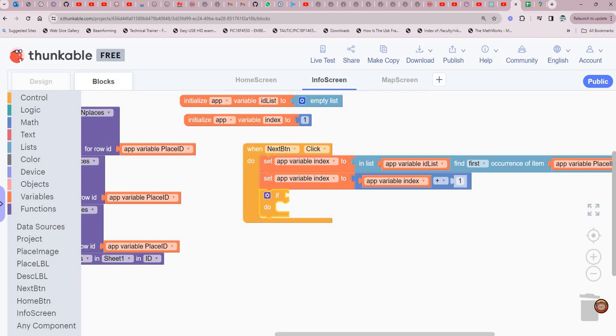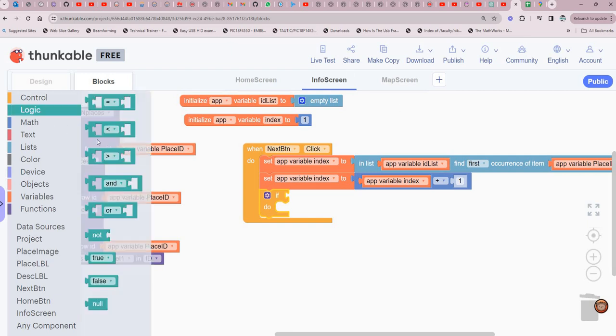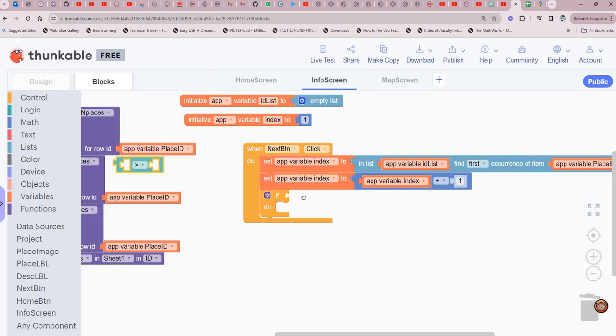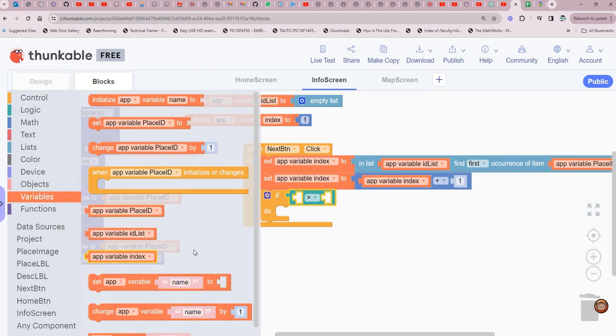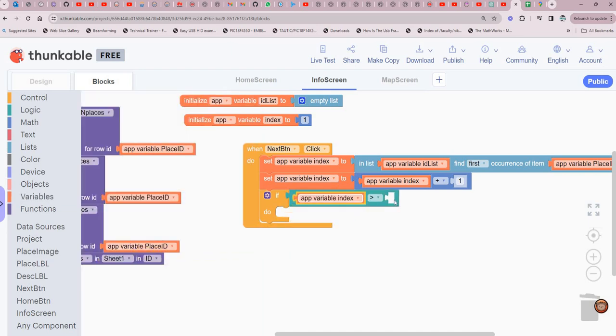So this operation is something known as comparing, right? So it comes under logic. So you can see this one, you can check if it's larger than. So what is it that you want to check? Yes, variable index. App variable index, if it's larger than. Now here there is a function that